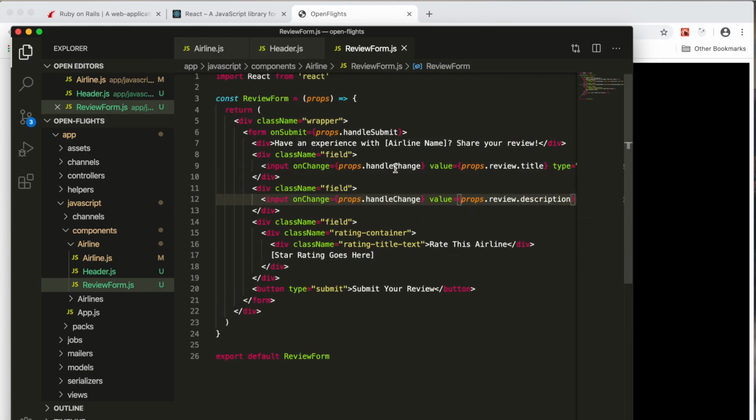And then we can also populate this now with the actual airline name from attributes. So we can say props.attributes.name. And so now that we've set up our on-change handlers with our input fields, if we jump back over